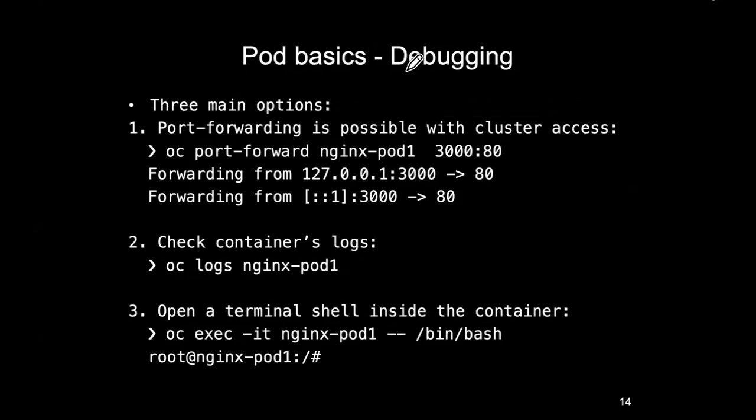In most cases, you will have your own applications which you have Dockerized, and you'll be running those inside pods. But maybe there's some error or bug in your code or in the image, and you want to go debugging. So what are the debugging options available to us when we're running our images inside pods up on a Kubernetes cluster? Well, we have our friend port forwarding available to us, and it works almost identical to